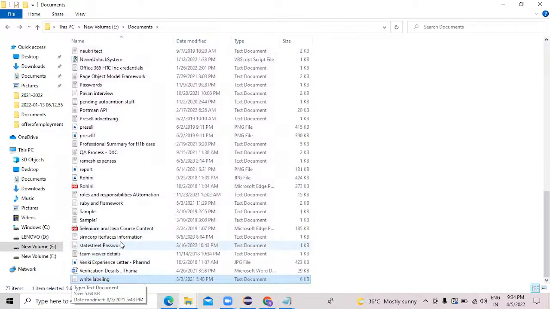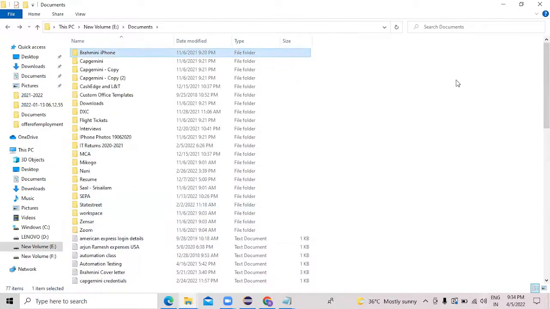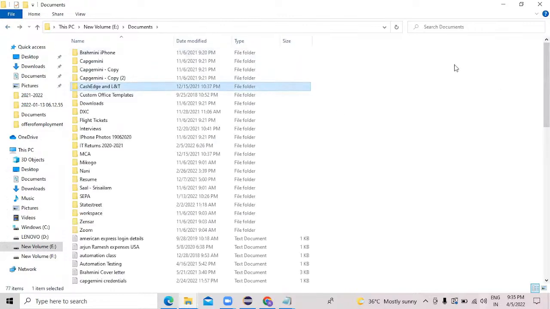hard for me to go back and see where things are. If I don't mention proper names to those files, it is very hard for me to understand. To find a specific document, it might take so much time, and finally you'll get frustrated searching for the exact document. But if I maintain the documents properly while creating them, all my flight tickets will be here. I can go and refer to all my company documents, my previous company experience letters, everything I'm maintaining. I don't need to tell you in that detailed way, but it's like that, right? So you just maintain all your